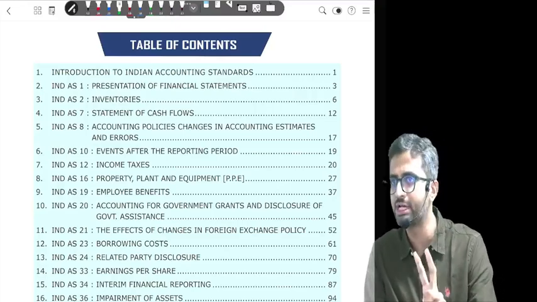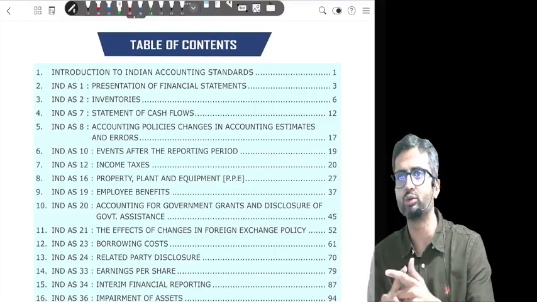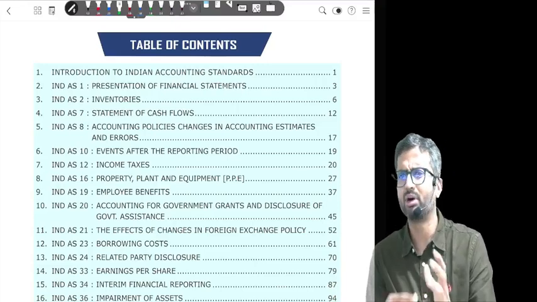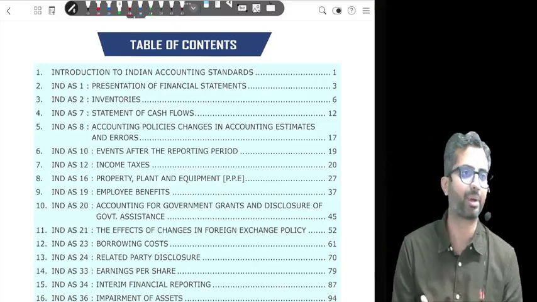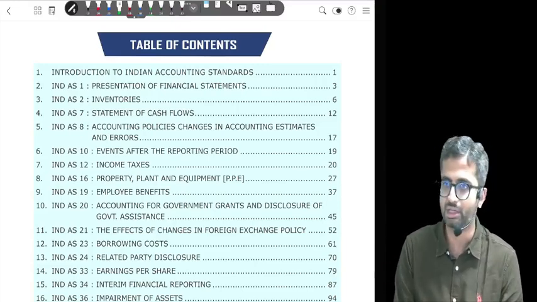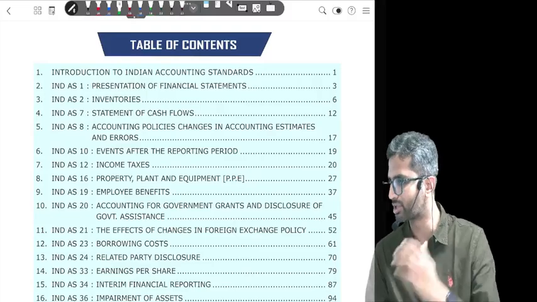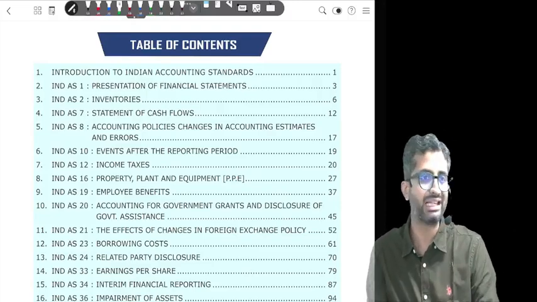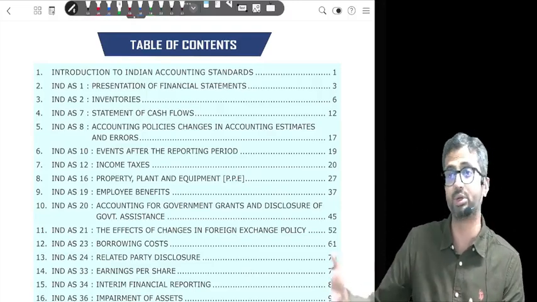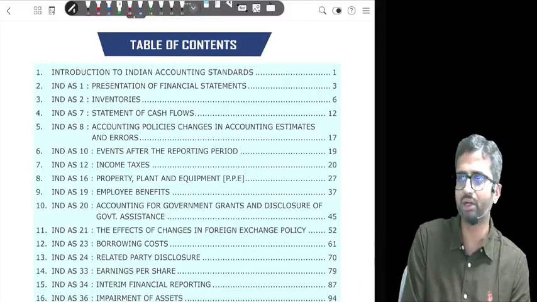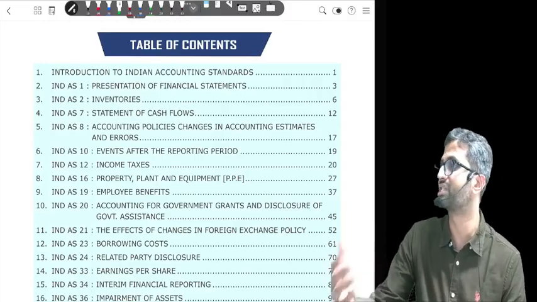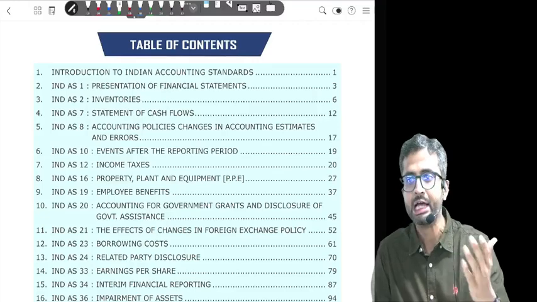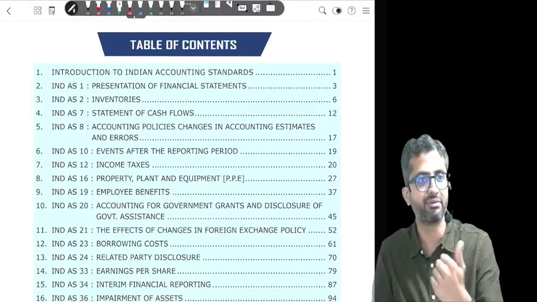Then we will have 2 volumes, volume 1 and 2. Within volume 1 and 2, we will cover all the questions which are relevant. There are 400 plus questions, and if you pick up any of the last probably 8 to 10 attempts over the course of the past years, almost every question that has come in the past exams is there in that book, in the sense that all concepts will be covered. There are a lot of questions linked to some basic concept building, so we will discuss them, but largely all the important questions are there in those 2 volumes. We will cover the important questions in class.